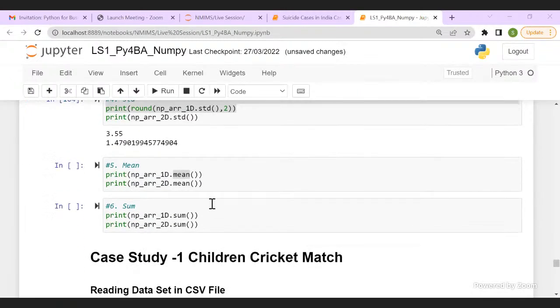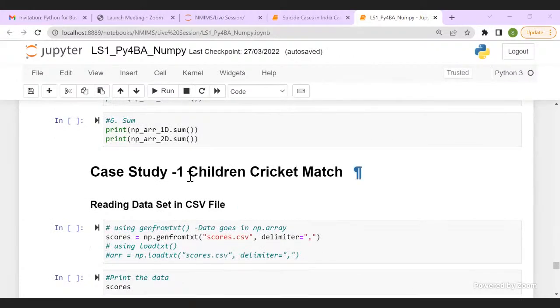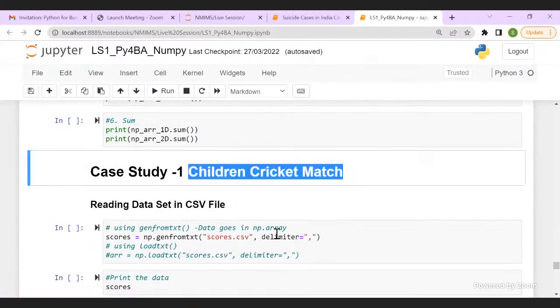Okay. So mean, maximum, minimum and sum. These 4 functions you will be invoking the most in your project. When you read your project, you will continuously see what is the average value, what is the total value, what is the maximum value, what is the minimum value. This is why I wanted to do this today, so that you have clarity on what functions you are going to use. So if you can give me 15 minutes more, I'll do this case study. This is a very simple case study.